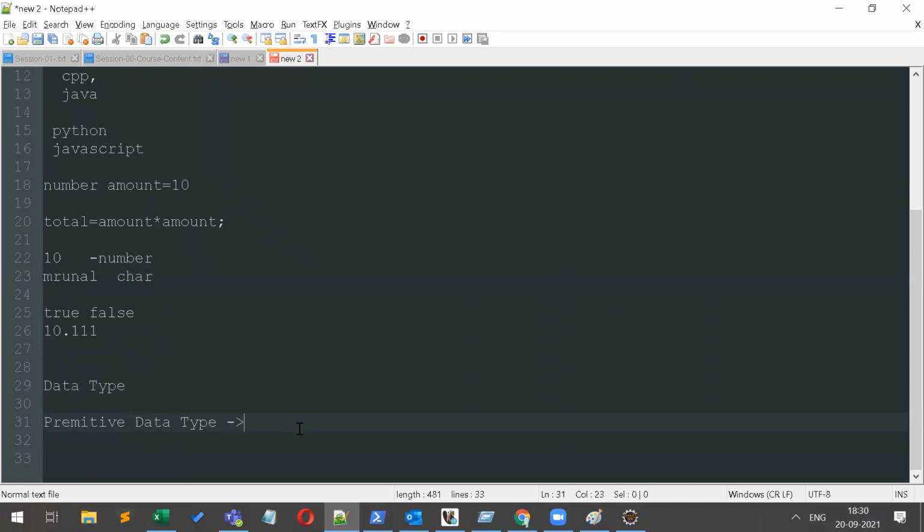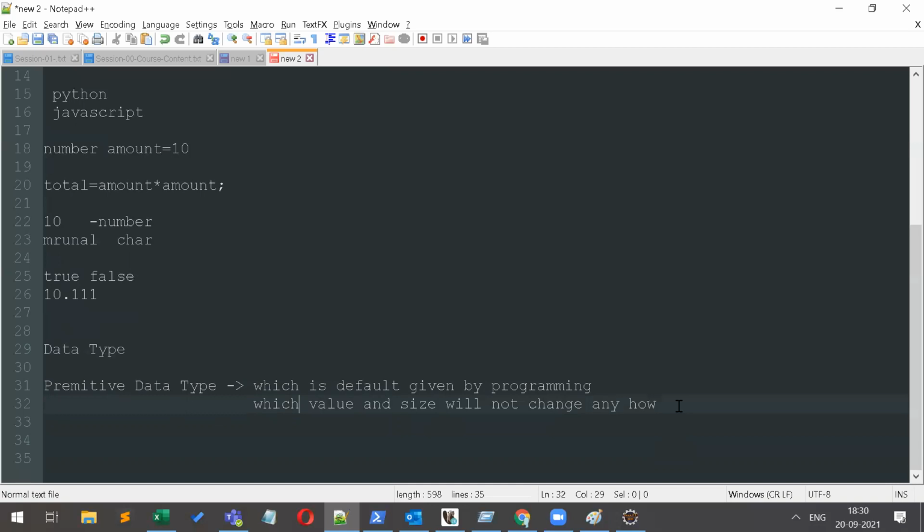Primitive data type means which is given by default by the programming language, whose value and size will not change anyhow. Those kinds of data types are called primitive data types.